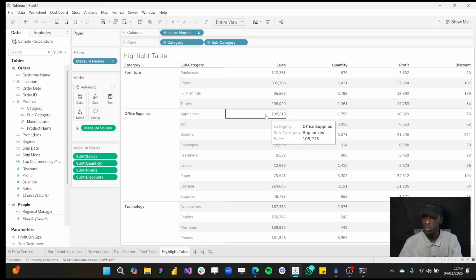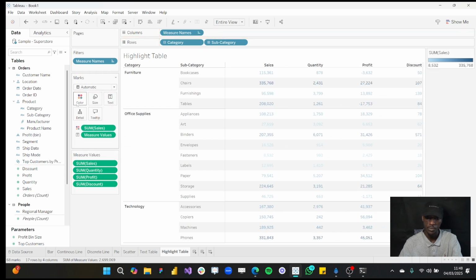So what we want to do is bring our sales and just drag that to column. And what do we have? You can see we already have some colors highlighted in here, right? So what we can do now is, let's say we want to focus on profit instead. So if I take profit to sales, okay,